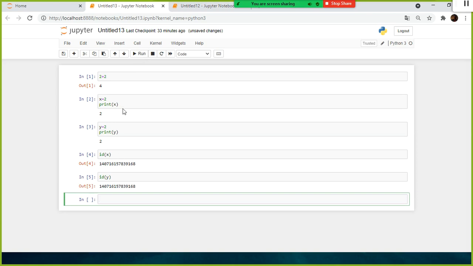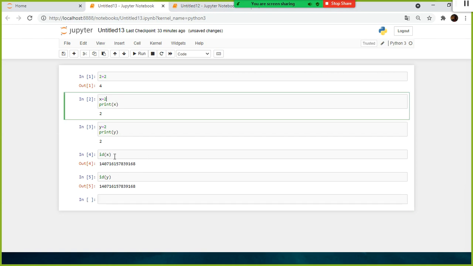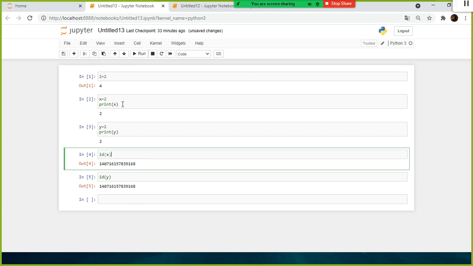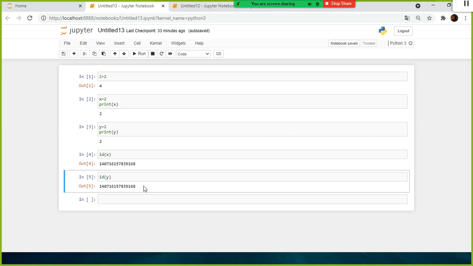When you store the value 2 in x, or simply say I want to store the value 2 in variables x and y or some other variables, what is ID? It's the address location, right? Both x and y have the same value, and they are pointing to the same address. It's like specifying the address on a courier letter: they ask you the address of a person.